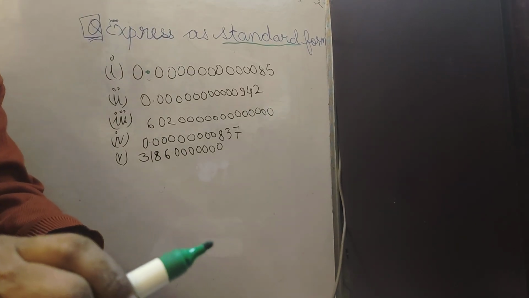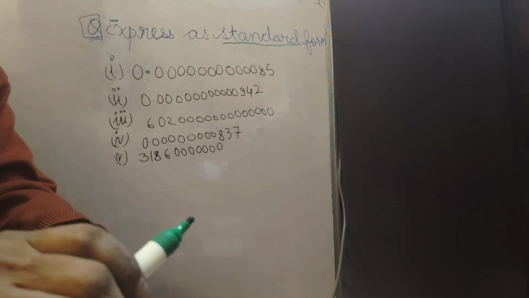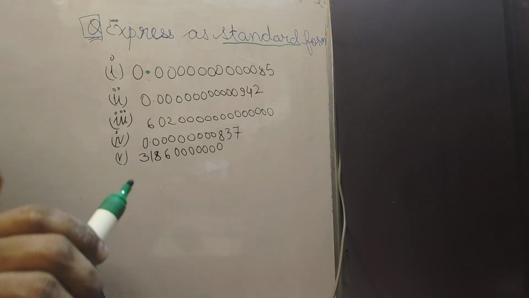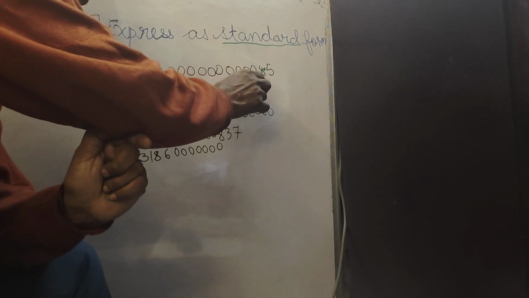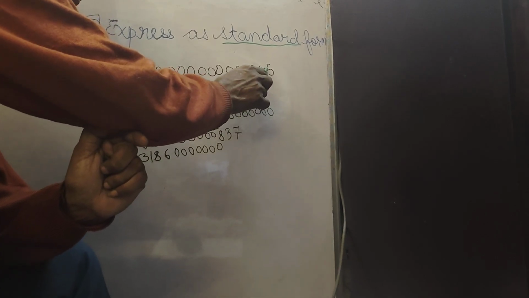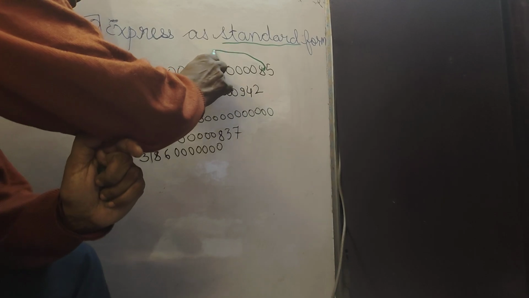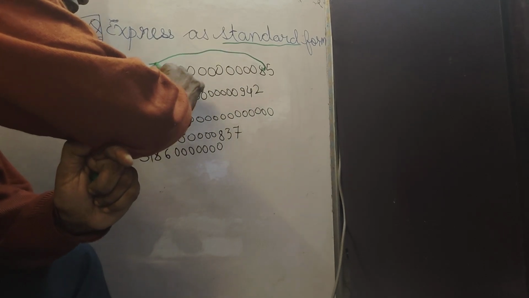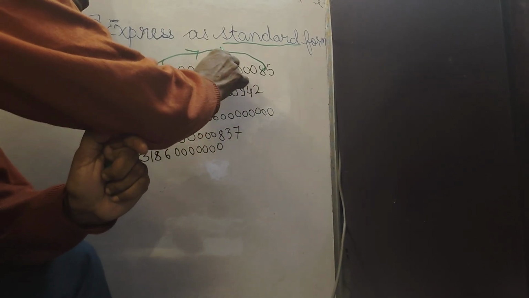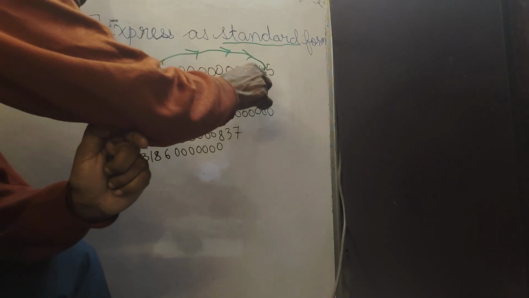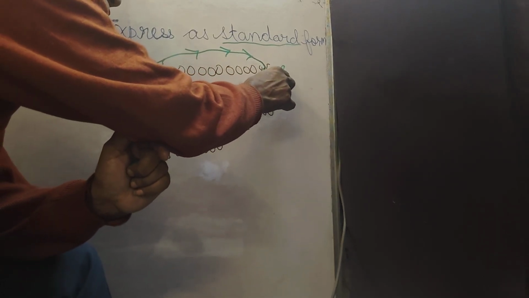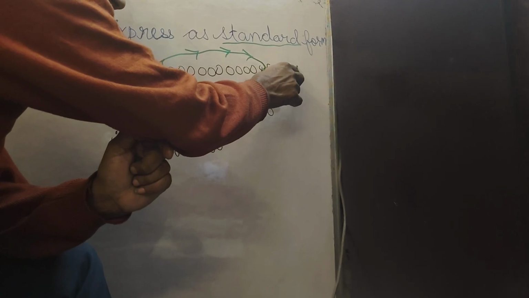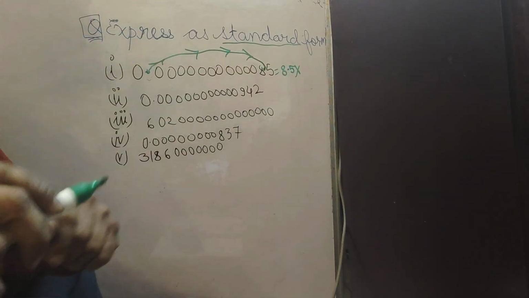So you are listening first time to exponent. So what is exponent and what is the negative exponent? We are shifting the decimal after the first digit. The first digit is 8, so we want to shift this decimal from here to here. So it becomes now 8.5. This is the very small number. So we write this into standard form.